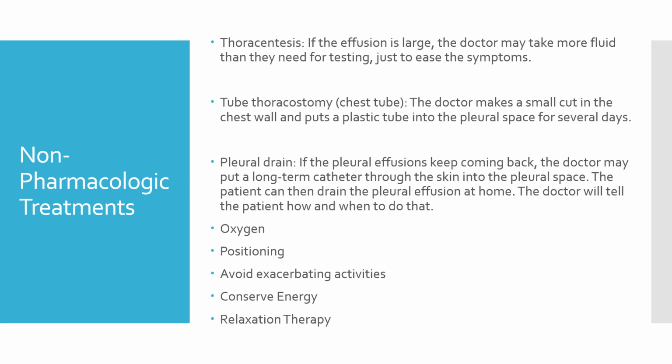Non-pharmacologic treatments. Thoracentesis. If the effusion is large, the doctor may take more fluid than they need for testing just to ease the symptoms. Tube thoracostomy or chest tube. The doctor makes a small cut in the chest wall and puts a plastic tube into the pleural space for